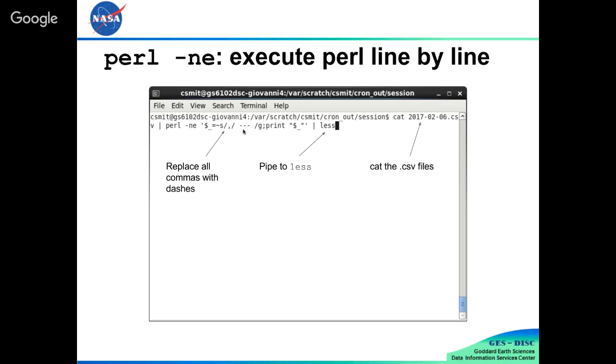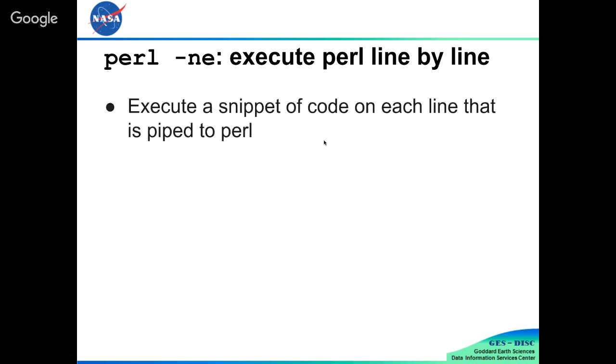So in this example here, Perl regex, which you might recognize, to replace commas with space dash dash dash space, because why not? And it's going to replace all of them, which is what the g means. And then it's going to print the results and then pipe to less. So really anything you can do with a Perl expression, you can do here. And so if you're familiar with Perl, that can be useful.